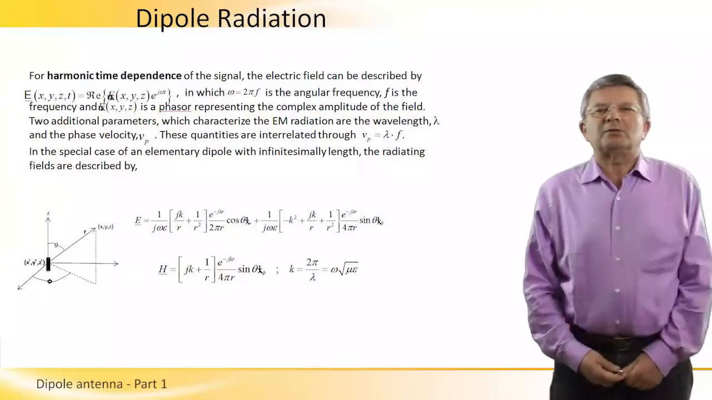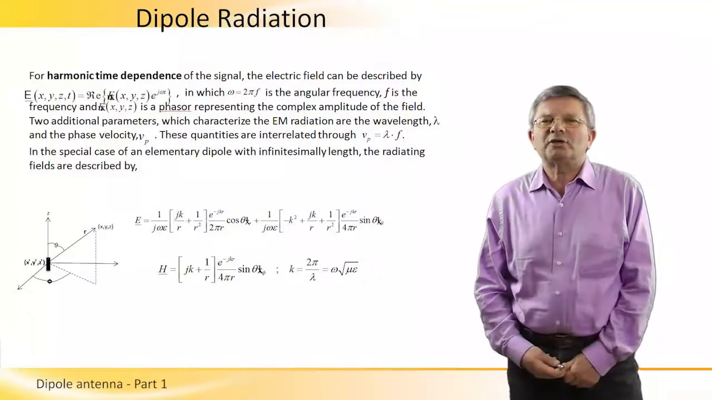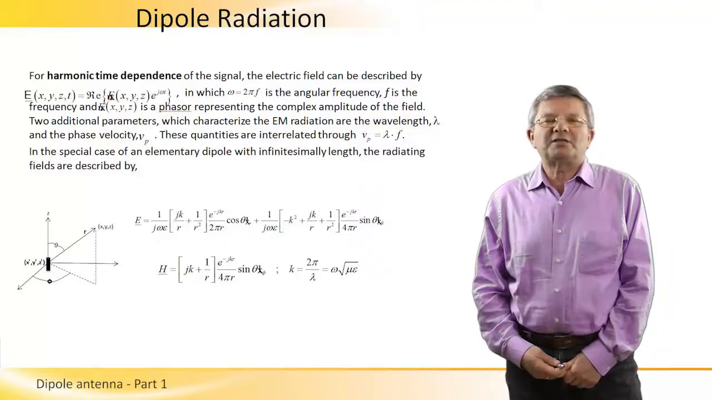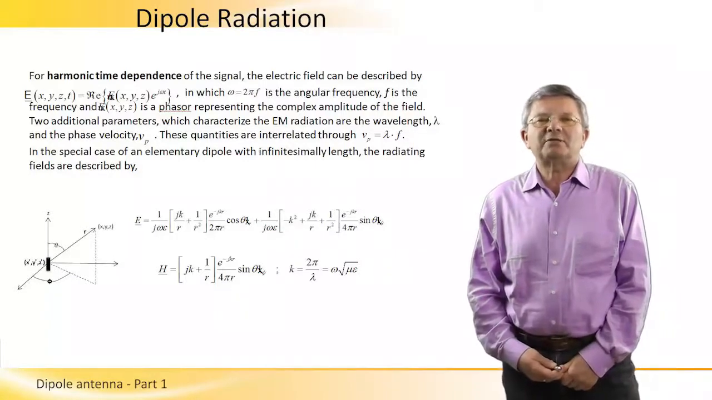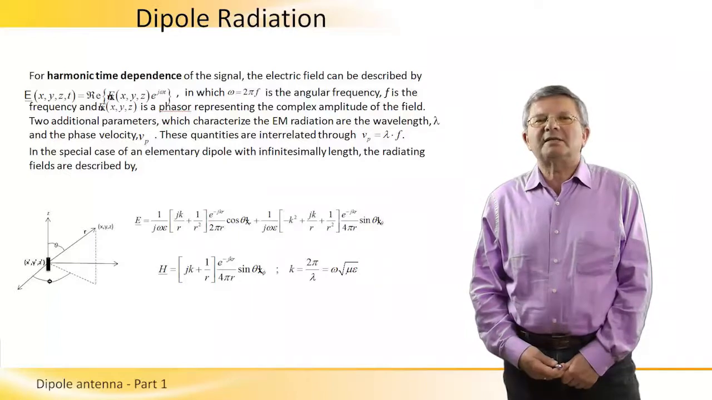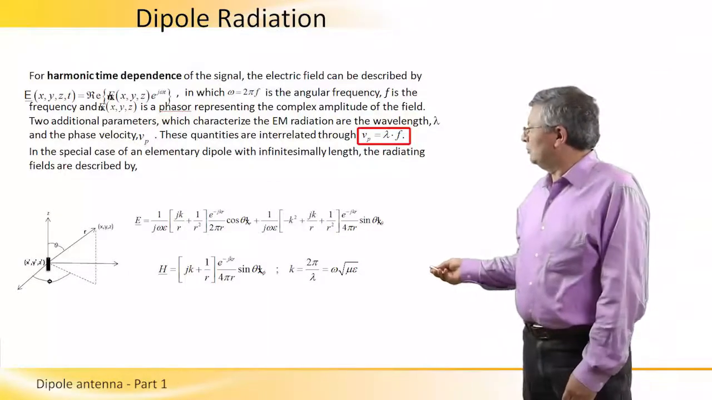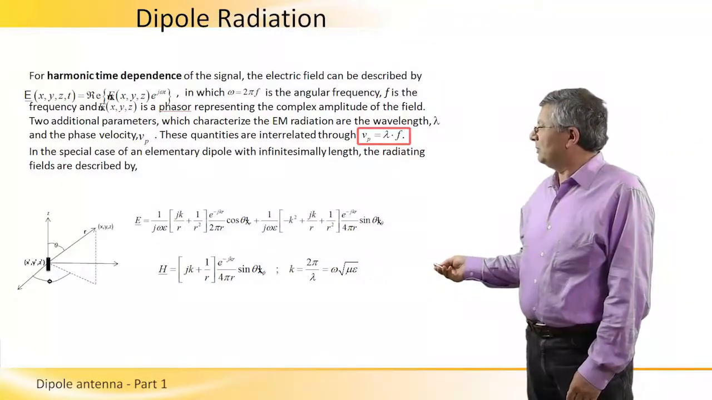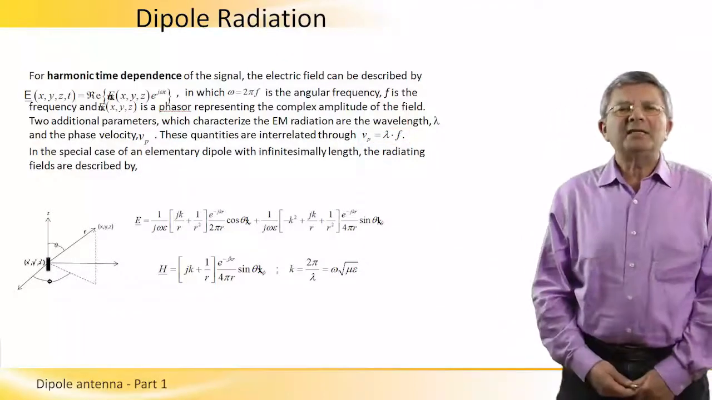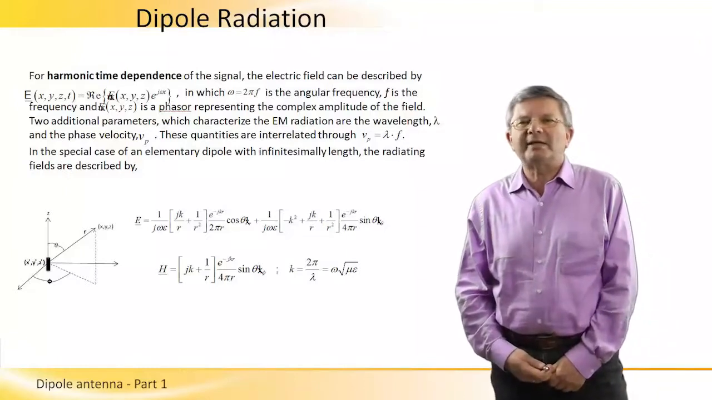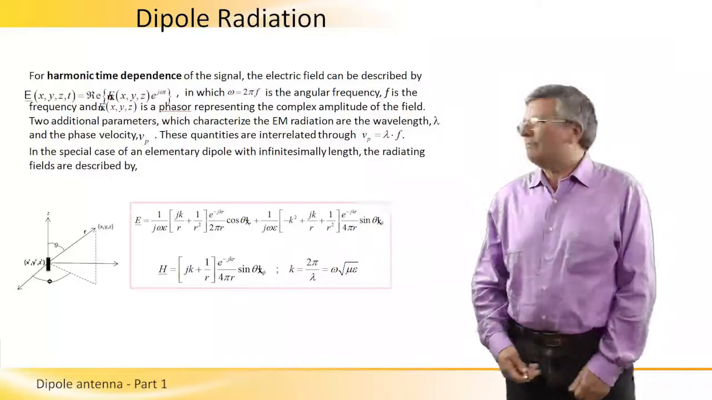Two additional parameters which characterize the electromagnetic radiation are the wavelength, lambda, which is the distance over which the electric field repeats itself, and the phase velocity, Vp, which describes the propagation of the phase of the electric field. These quantities are interrelated through the identity Vp equal to the product of the wavelength multiplied by frequency. In the special case of an elementary dipole with infinitesimal length, the radiating fields are described by those